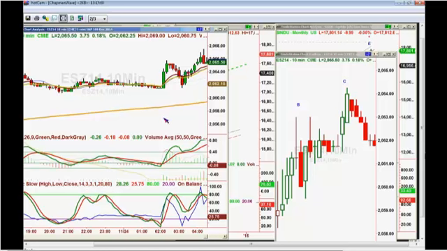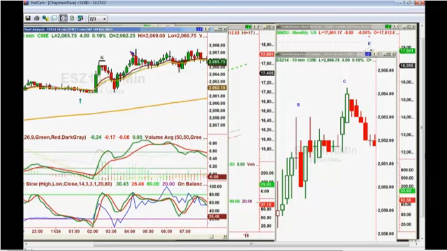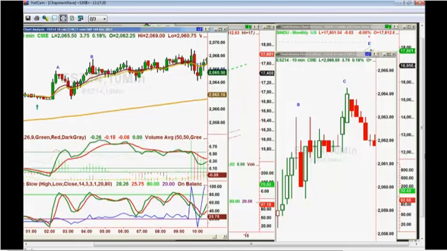But what happens is it restarted, and it went to a brand new leg A right here, and then a B, and it holds that, and it has another series of parallel highs. And then finally it goes where? To C right there. Okay, right there. It goes to C. And it goes to a D and an E, and then it pulls back sharply right there. All right. So now what we've done is we've caught up to the 10-minute chart,